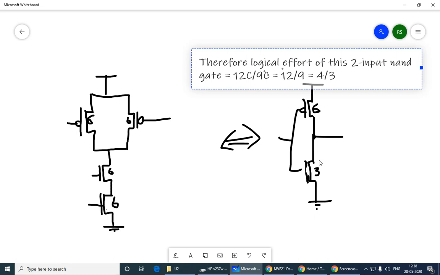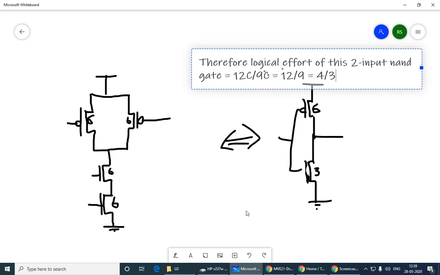So you can take any other two input NAND gate. You can change 6, 6, 6, 6 to 12, 12, 12, 12. You can change it to 18, 18, 18, 18. The logical effort is always going to be the same, because as my gate size is increasing, the equivalent inverter is also increasing. So relative to that, it stays the same, and in this case the number is going to be 4 by 3. You can try this exercise for a two input NOR gate, as long as you size it for the condition. What is the condition? Rising and falling transitions the same. The logical effort is always going to be 5 by 3, and this is important.